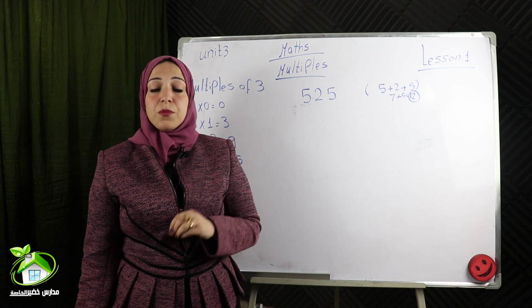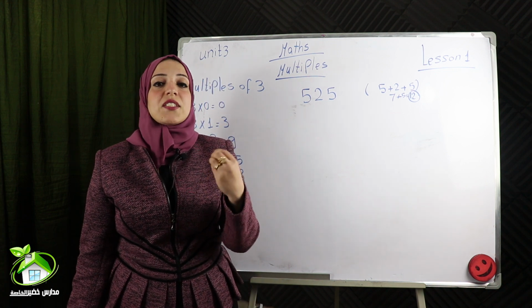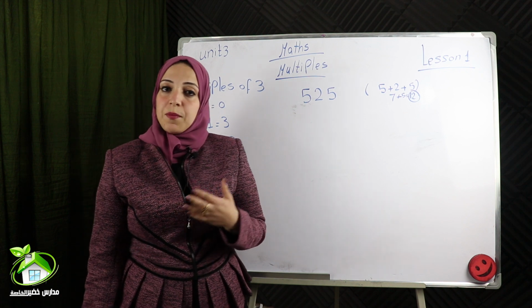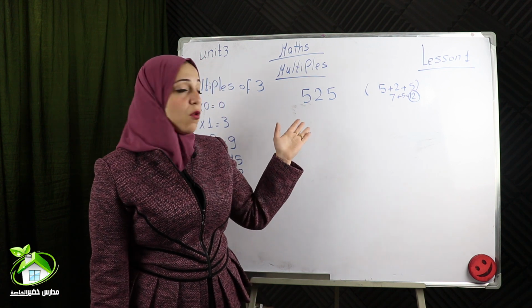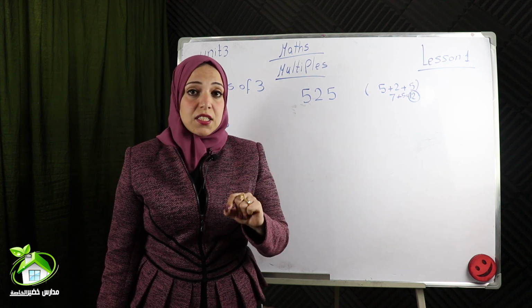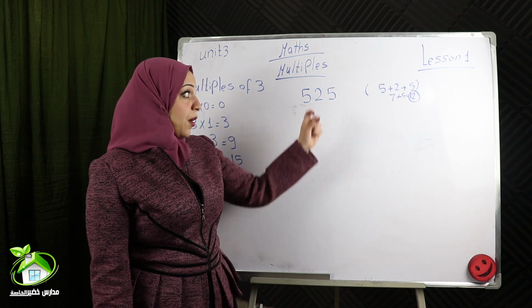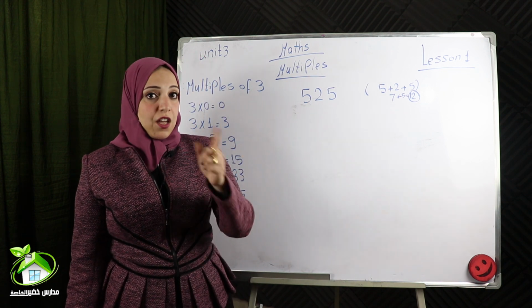Again, if I have a number formed from more than 2 digits and I want to know if it's a multiple of 3 or not, I get the sum of its digits. And if the result is a multiple of 3, then the number is also a multiple of 3. Another example,